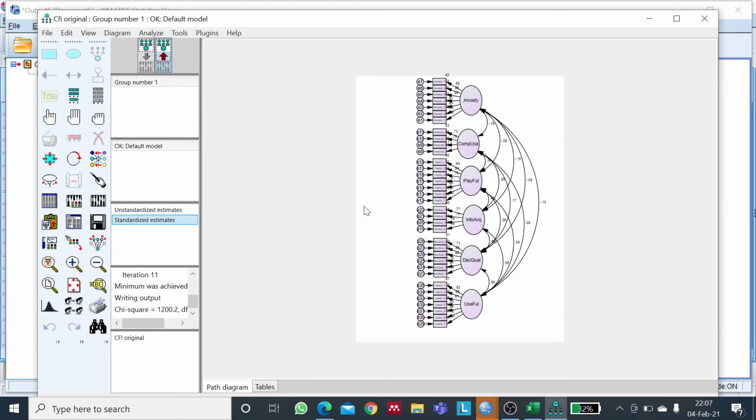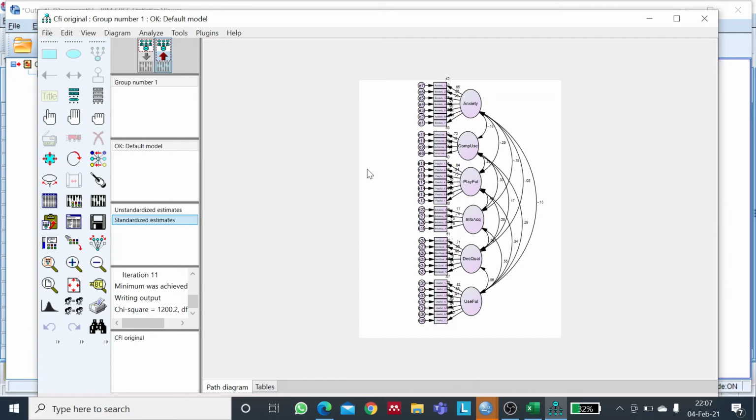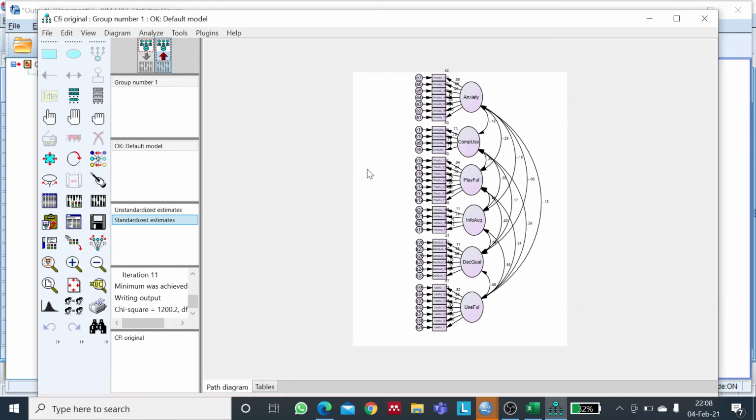There's something wrong with it. Then we check modification indices. We want their values to be,